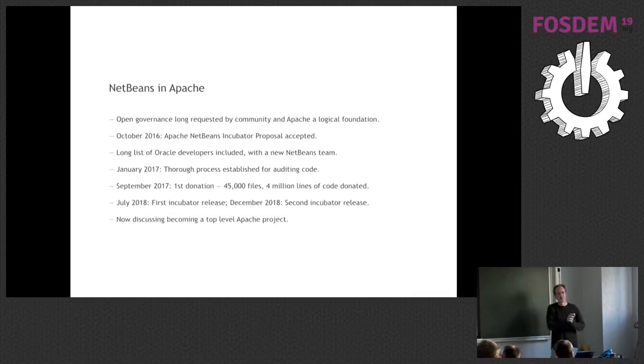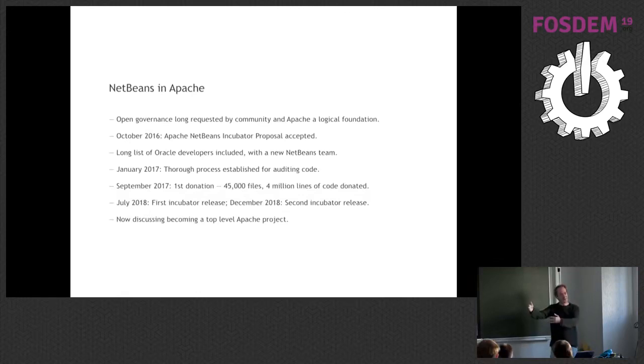There's a lot of auditing, because Oracle can't simply say, well, here's a repository, good luck, it belongs to Apache now, because there could be code in there over the last 20 years of NetBeans' existence that doesn't really belong to Oracle, by accident, somehow. So every single file at some point had to be audited, because we realized there's a toolbar in NetBeans with different icons for opening different browsers. One of those browsers is the Google Chrome browser. So there's a nice little icon in there, Google's icon. Google's logo is in our toolbar. Can we donate Google's logo to Apache? No, of course not. Then we have to look at every single file, every single picture, every single line in every single file to audit it before we can give it to Apache.